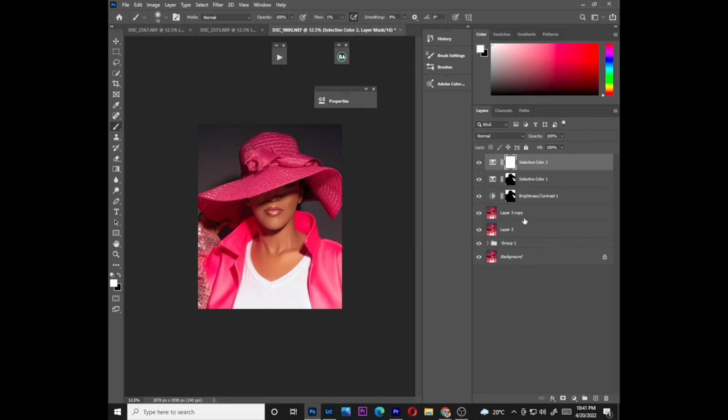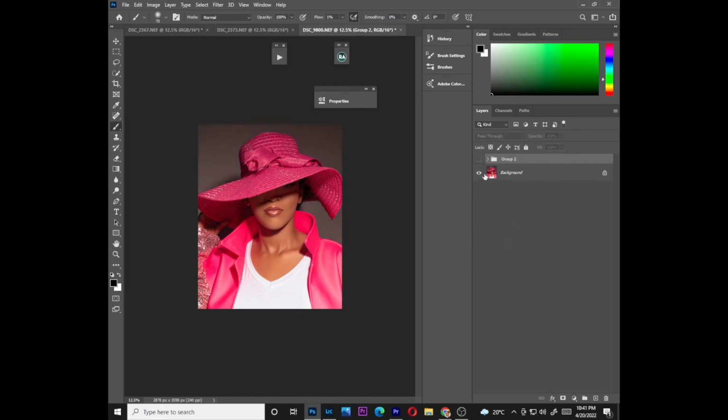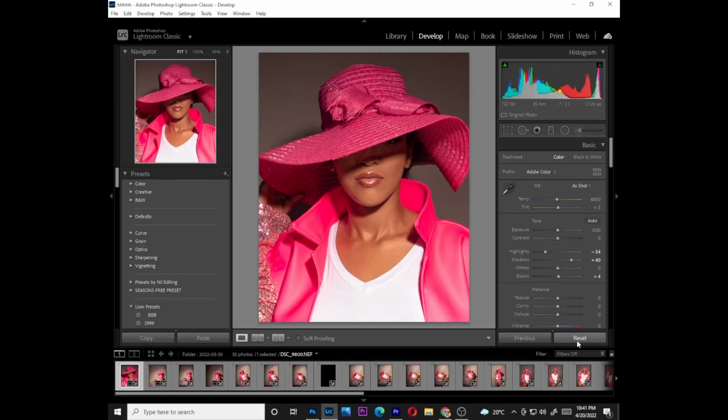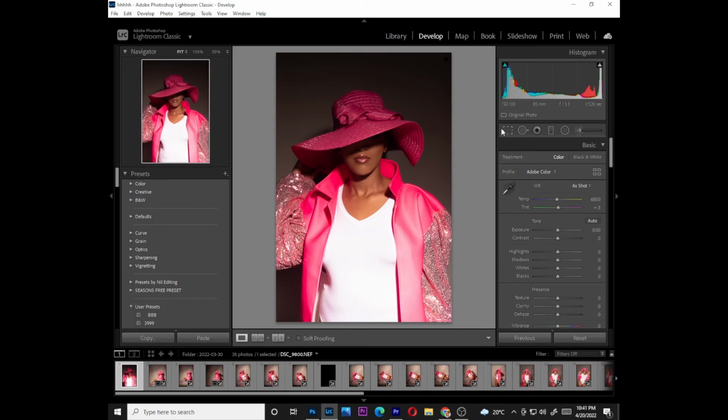If I could just put all this in a group and show you before, after, before, after, before editing, before, after. And now if I could show you completely the before in Lightroom, this is how the before was. This is how our image looked before we did anything. And now if I could just right click this and edit in Photoshop,